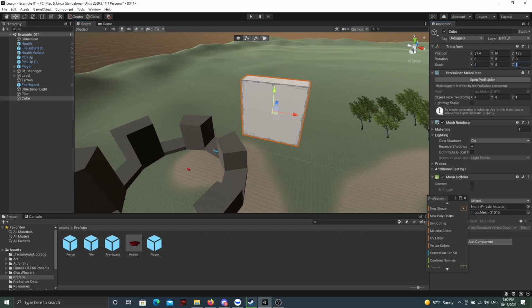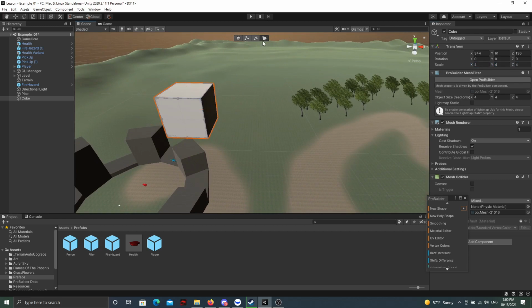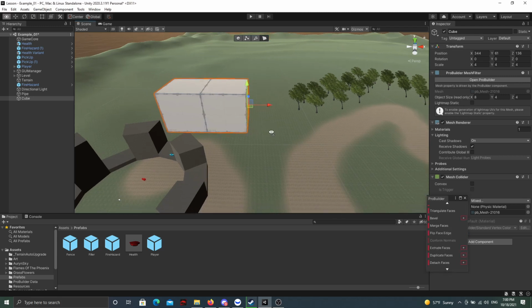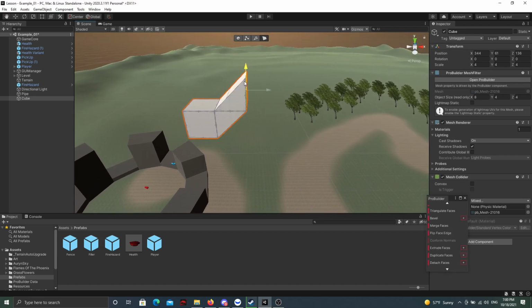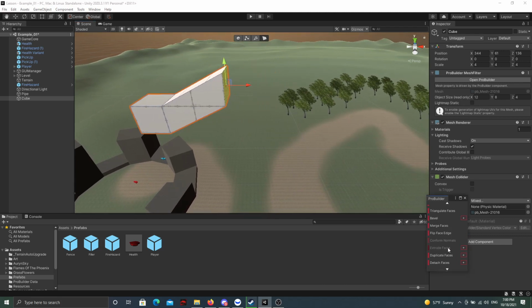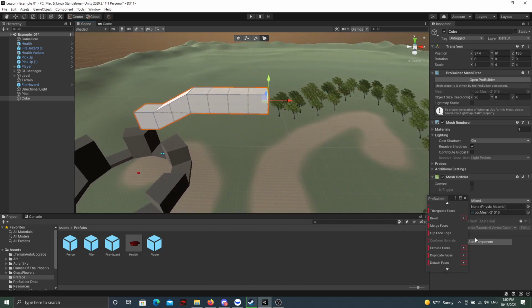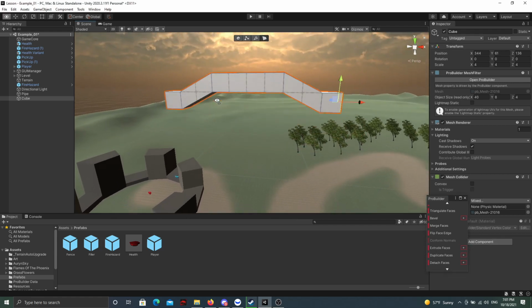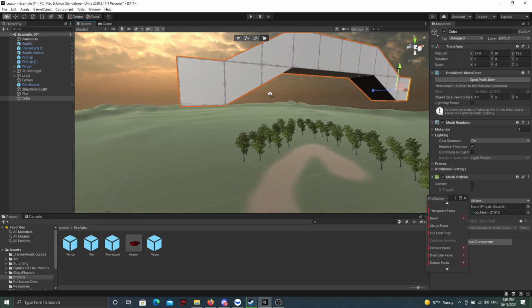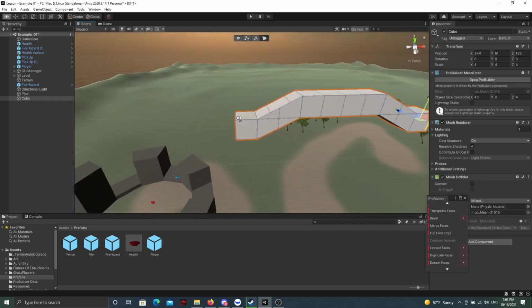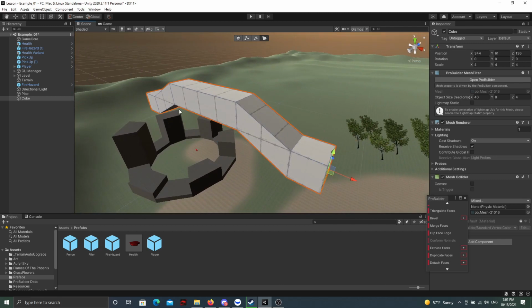So let's set the scale to 4 by 4 by 4. And just by doing something as simple as, let's see, we'll extrude out this face, and then I'll just drag this up, maybe drag it out one more, and then I can extrude that out again. All right, and if I can just keep extruding these faces out, and I just keep shaping it, eventually now it's like a bridge shape is already coming into my mind. Like this could be a bridge, or whatever else. It could be anything else you need it to be,